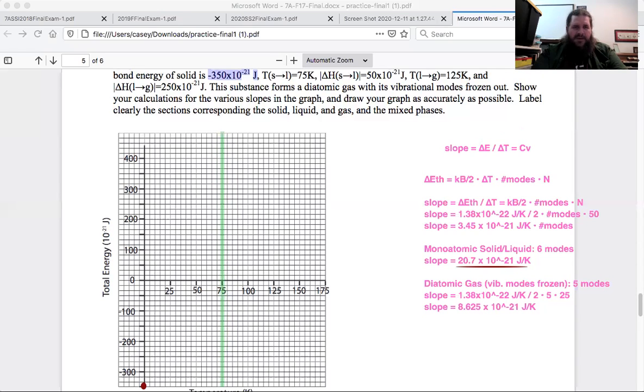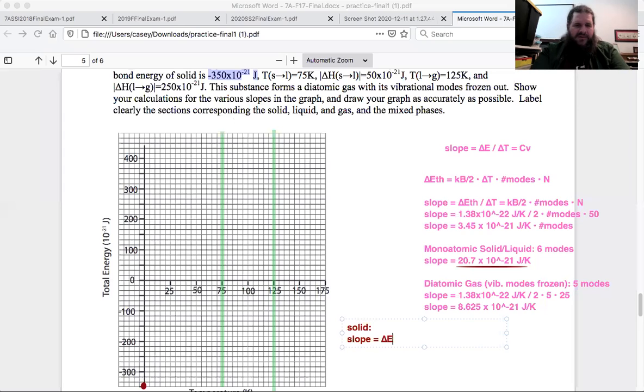So there's the melting point, and then the boiling point. 125? Yeah, so we'll put a mark at 125 also. So we've got the solid phase, the liquid phase, and the gaseous phase. And we know what the slopes are going to be, 20.7 and 8.625. We could even figure out exactly how far it goes, because we know that the slope, if we look at just the solid phase,